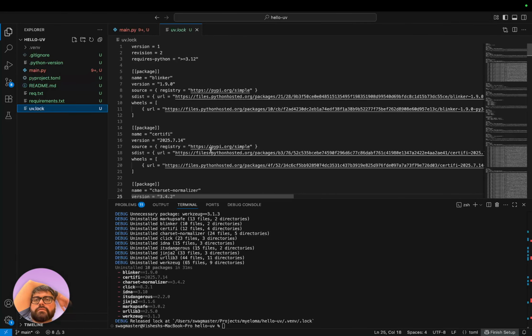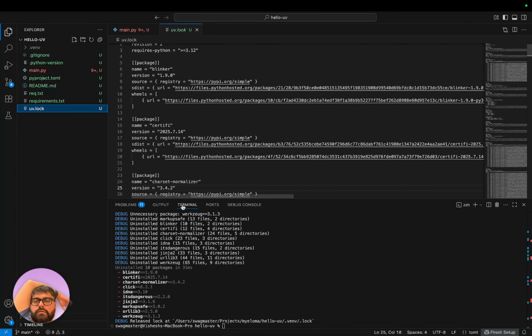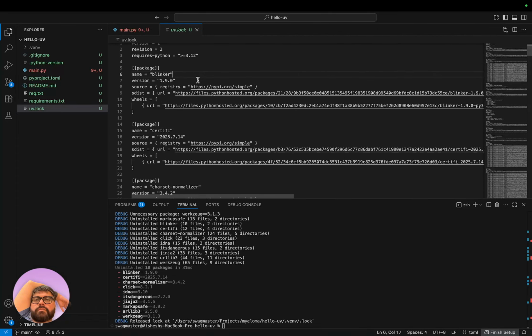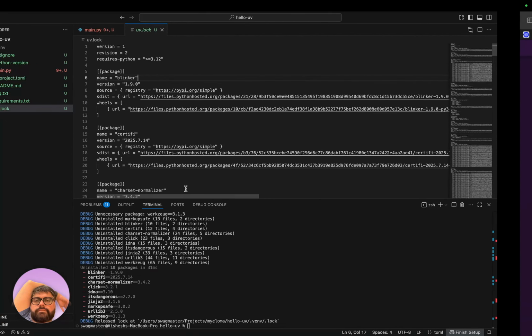Yeah, what is this? Blinker is removed, but it's not updated in the lock file.